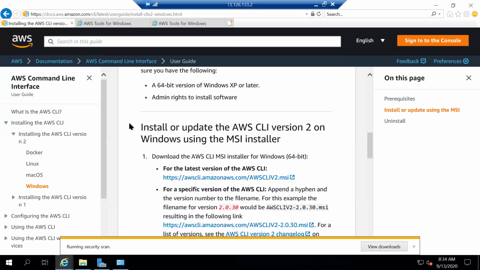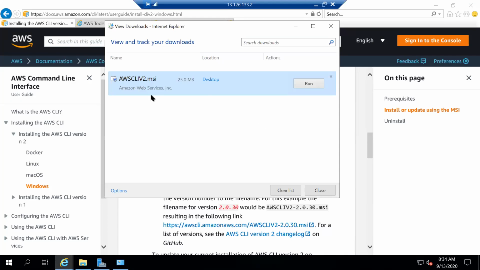Which OS is that, Shweta? Confirm from the other system, you said 2019. Okay, Windows 2019, same thing, right? Wait one second. Click on view download. Now it's open. That is for the folder. PowerShell actually. Did you try PowerShell? No, I tried this one only. Just click on CLI V2, run, click on yes.